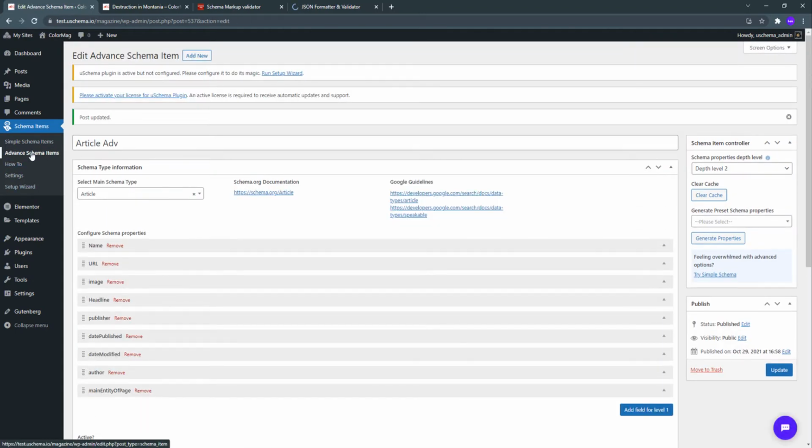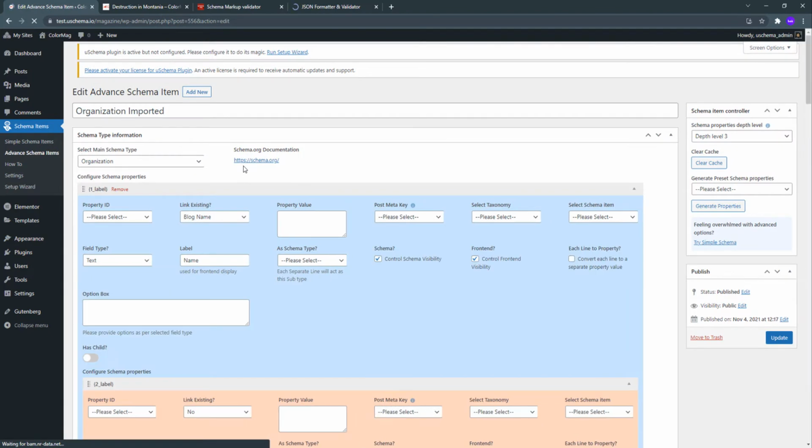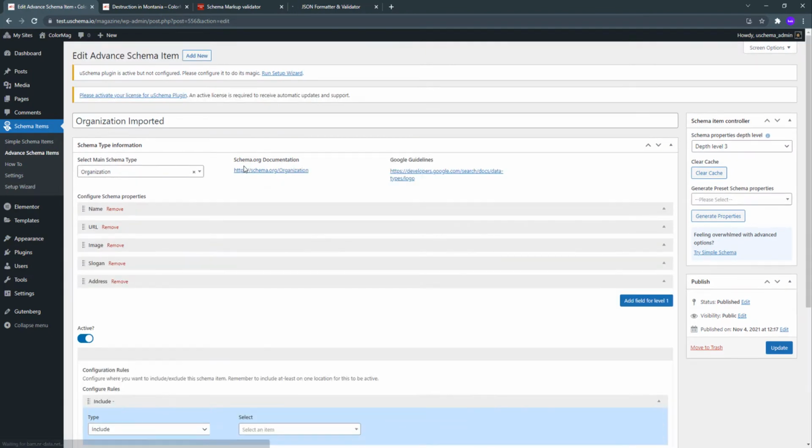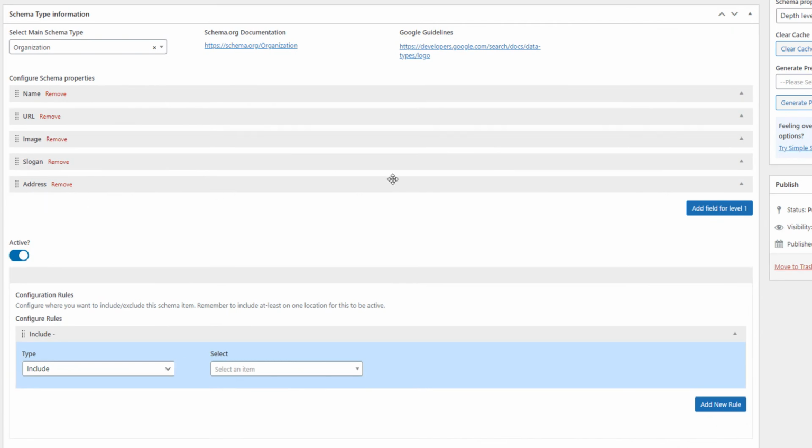So let's go back to our organization, and we need a handle, an identification mark that we can use in the publisher, so the schema validator can understand that these items are related. Inside the organization, besides the name, URL, image, and slogan, we need another property, an identifier.